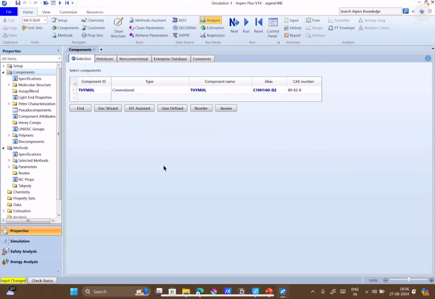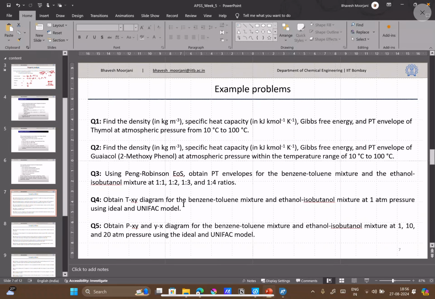Question 3 says, using the Peng-Robinson equation of state, obtain the PT envelope for benzene-toluene mixture and ethanol-isobutane mixture for different ratios. We have been provided 4 ratios.